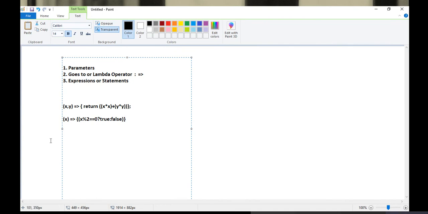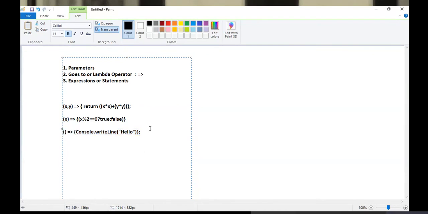Now in some cases, if parameters are not available, then we'll give empty parentheses like this. I won't require a parameter for this, so I'll simply write empty parentheses in this case.